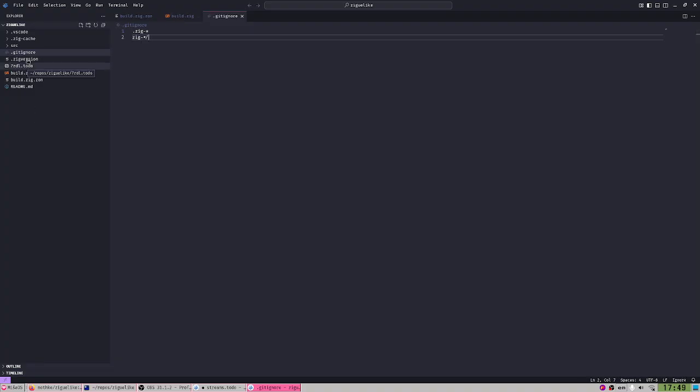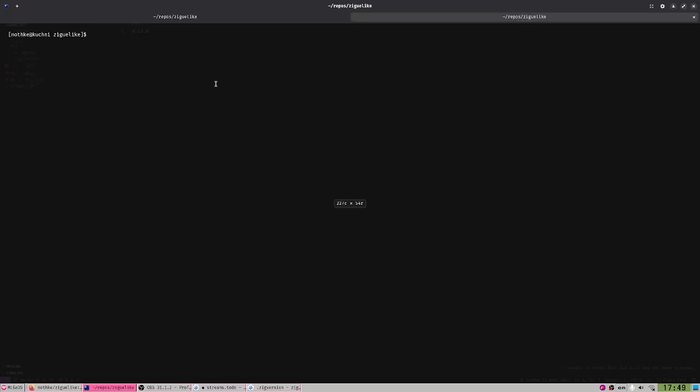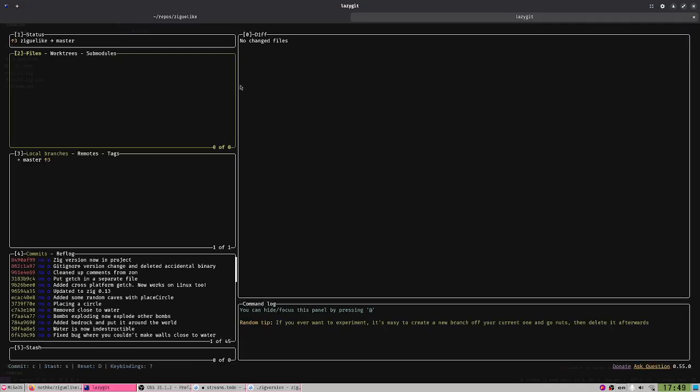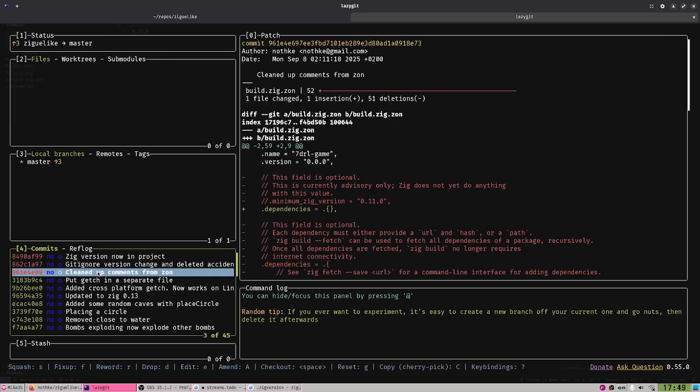Or maybe I tried. Let's see. It doesn't have any Zig. Oh, it does have a Zig version. Oh yeah, it is Zig 0.13. So what did I actually change? That is a question now. Let's do a lazygit so that I can see what's going on. So, Zig version now in project, libnub comments.